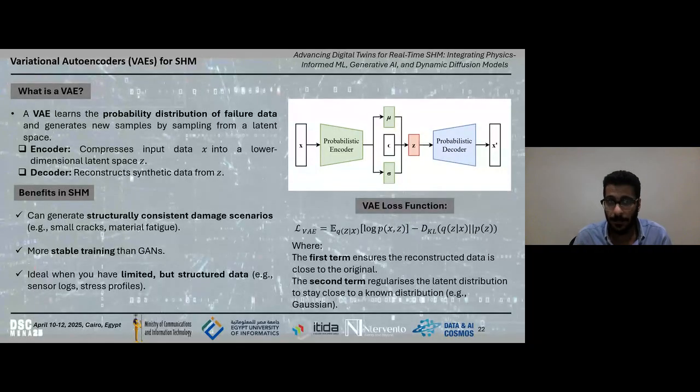And then if we think about the variational autoencoder, it learns the probability distribution of failure data and generates new samples of the data learned from the space. A simple example: you introduce data from a column with one crack in a specific location, and data from the same column with a different crack location.